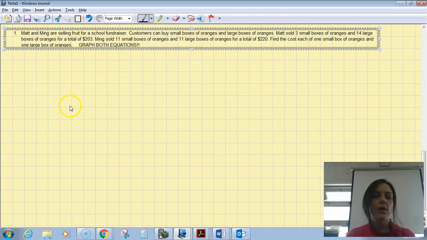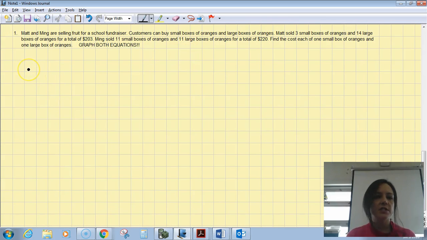And why don't we make our equations first and then we can graph them? Does that sound like a good idea? And usually with these, if we're talking about systems of equations, it's easiest to write it in standard or general form, but let's see how this turns out. Matt sold 3 boxes of oranges, 14 large boxes of oranges. Okay, so we have